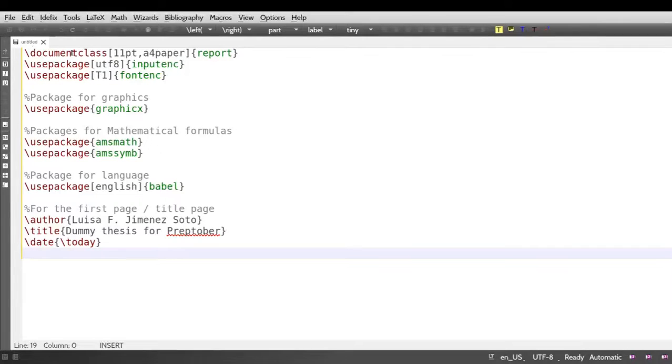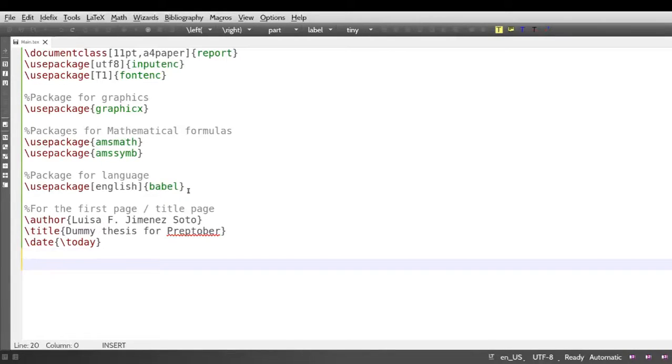We're going to save it because we don't want to lose it. And I told you that we're going to put it directly on the thesis, and the name that we're going to give it is Main. Then we need to start our real document. Until now, we are just creating kind of like the environment so that the computer can interpret the real text and the real document. This is the beginning of the document,